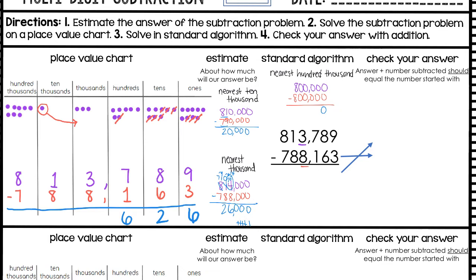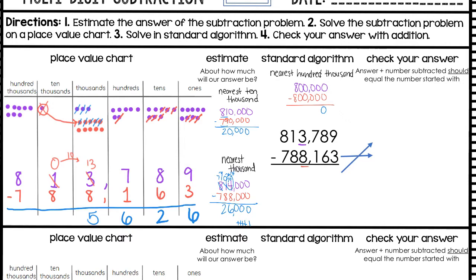This is a very important part. When we count, we should get to 10,000. 1,000, 2,000, 3,000, 4,000, 5,000, 6,000, 7,000, 8,000, 9,000, 10,000. So that is how I regrouped my 10,000 into 1,000s. So I no longer have any 10,000s, and I have regrouped 10 more. So now I have 13,000s. 13 minus 8 I can do. 1, 2, 3, 4, 5, 6, 7, 8. And I am left with